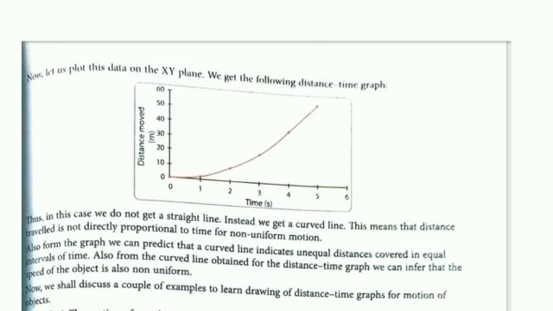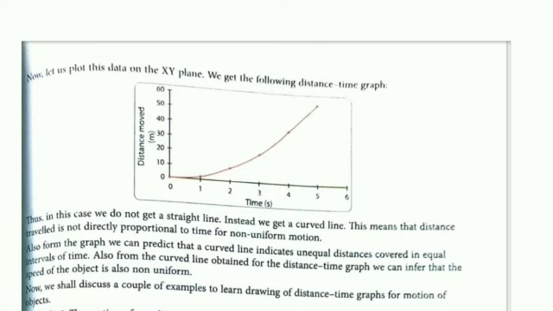Also, from the graph, we can predict. Now, you can just understand that if a line is a straight line parallel to the time axis, it is stationary. If the line is straight but like a slope, it is uniform motion. And if it is any type of curve, maybe it is zigzag, any type of curve, going up, going down, any type, it is non-uniform motion. That is telling here.